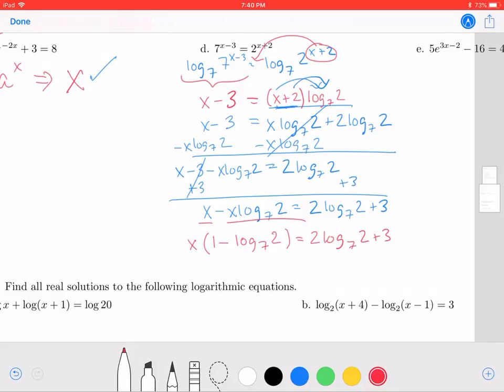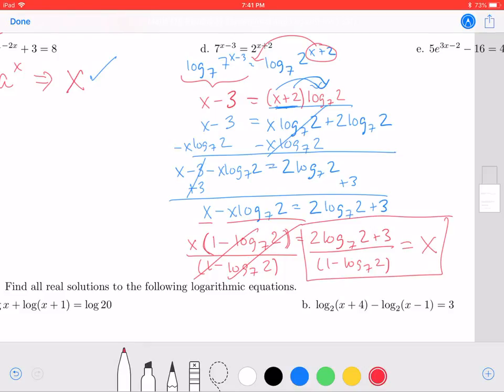Okay, all right, we're almost done, I promise you. Last step, to get x by itself. Since I'm multiplying x by everything that's in the parentheses here, I am going to divide by that whole term in the parentheses, the 1 minus log base 7 of 2. And I do that on both sides. So those cancel out, and I'm left with this big ol' mess, but this big ol' mess gets a smiley face, and